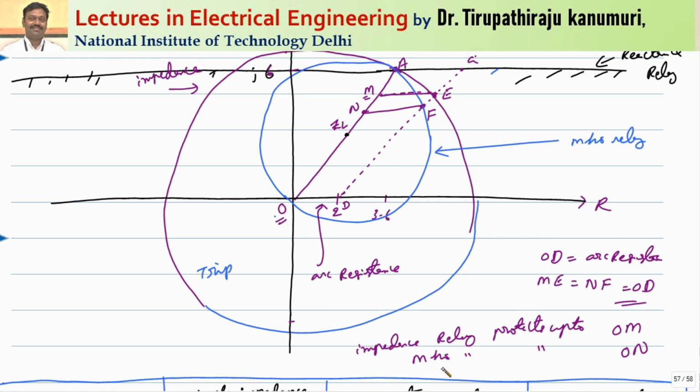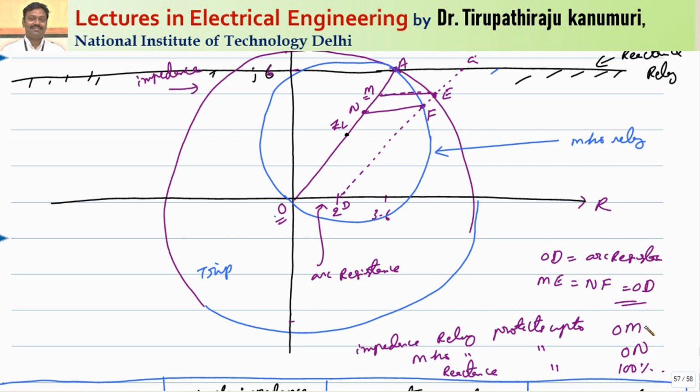Whereas if you go for the reactance relay, you can see that adding the resistance just shifts the line here. So it is not going to affect so much, because the entire line will be protected. The reactance relay protects up to 100% of your line. That means it will protect up to A. It is not going to affect.